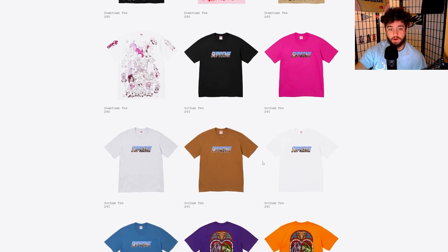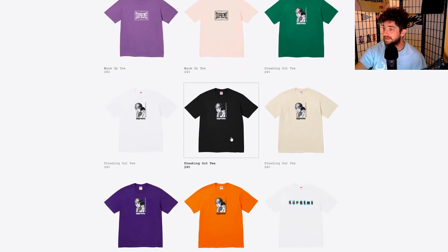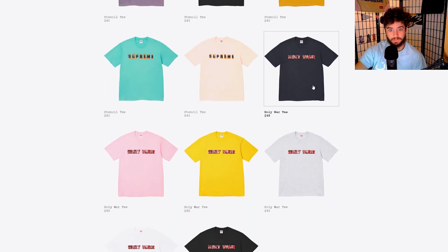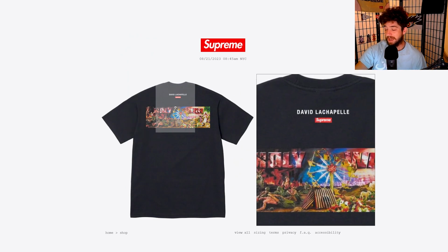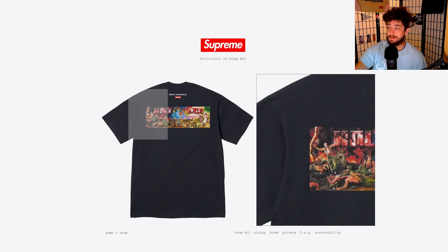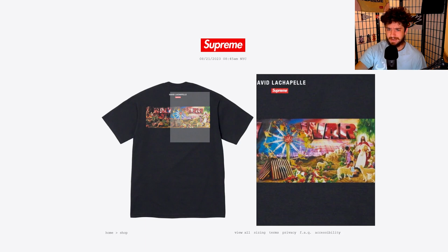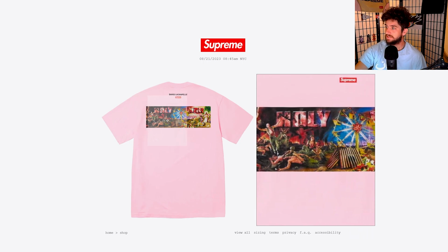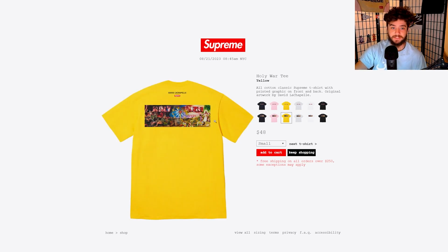So shockingly, no additional t-shirts past the Gotham actually ended up selling out in any colorway at all, which I think is definitely sus, especially the Holy War, because I don't know if people know who David LaChapelle is. I didn't really know who he was, but I know he did the artwork on Astroworld, the Travis Scott album, and this design is something, I mean, it's got Jesus on there. This design in a couple years will sell for around $100, maybe a little bit more. So that's just an estimation, but this is a pretty easy way to 2x your money